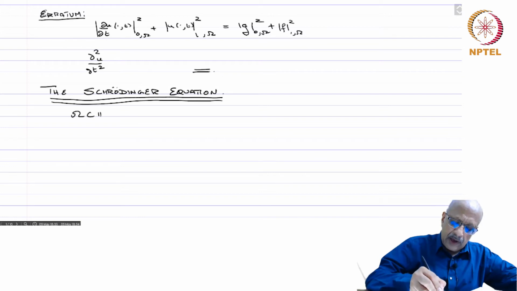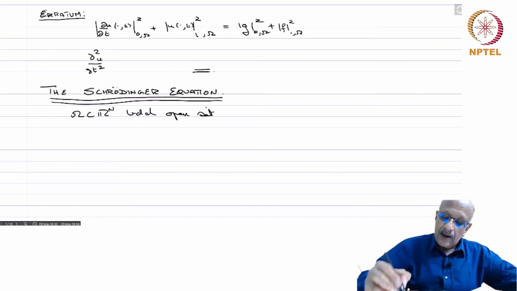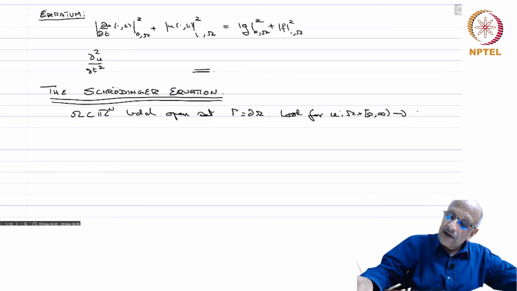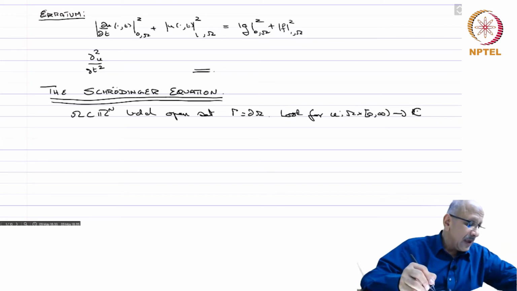Take Ω contained in Rⁿ, a bounded open set, and Γ equals ∂Ω. We look for u from Ω × (0, ∞) taking values in C. For the first time we are going to deal with something which is complex valued, well, for a few moments, and